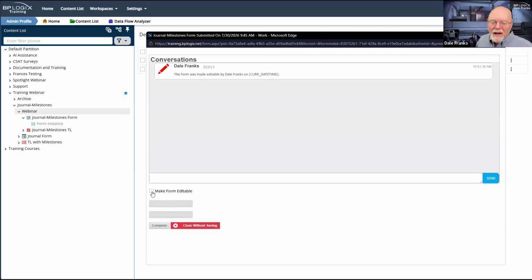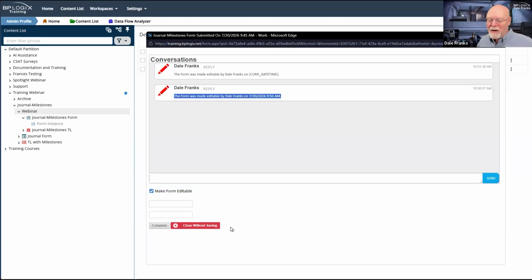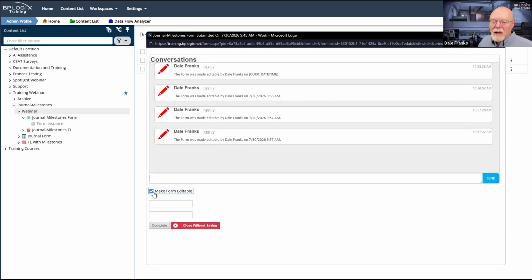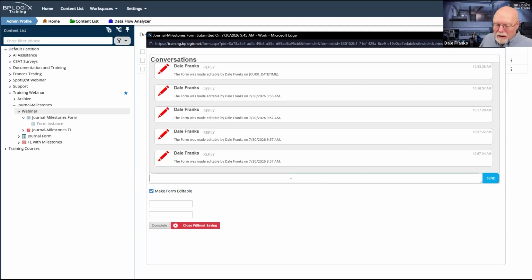So again, if I do this one more time and hit make form editable, now it's going to tell me exactly what we wanted, because I now have two valid and working system variables. It evaluates them and prints out this text. And once the text is printed out, this is what it is. This will never change. So every time I make the form editable, it's just going to keep adding another milestone message.